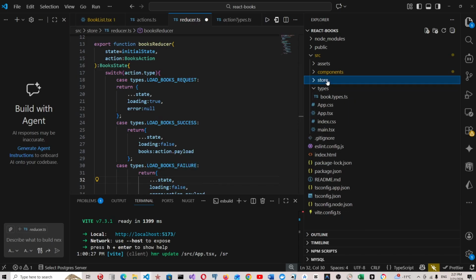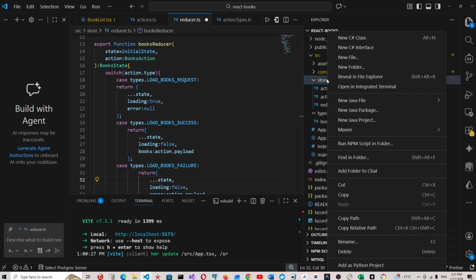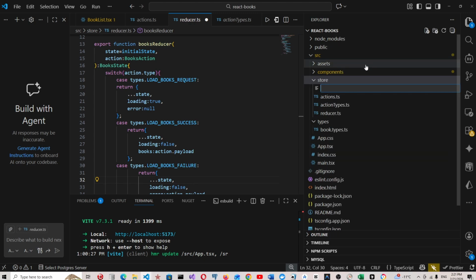Let's say we have a function, a new file async.ts,